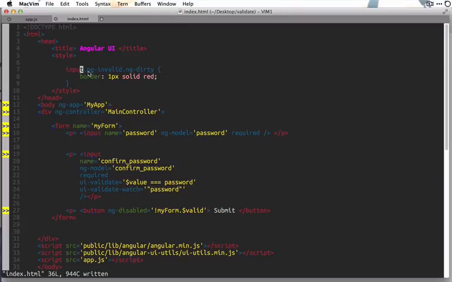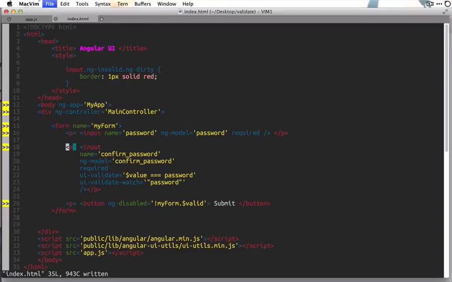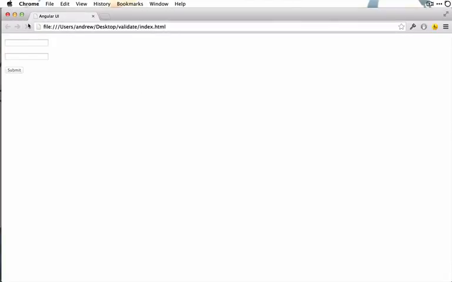This border will only show up on elements that are both invalid and dirty, meaning they have been changed. So if the input element is invalid because it has not been typed in yet, it will not get this. Let's come back to the browser here, refresh the page. You can see that off the top, both of these are considered valid. However, I can start typing in this one. And if I backspace all the way, you can see that it gets the red border because it's now both